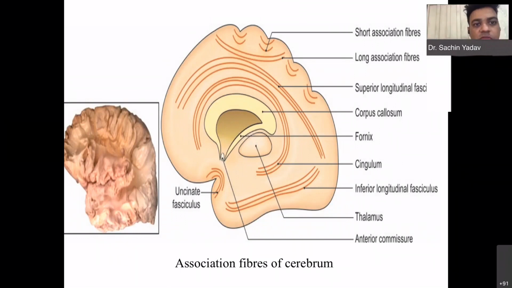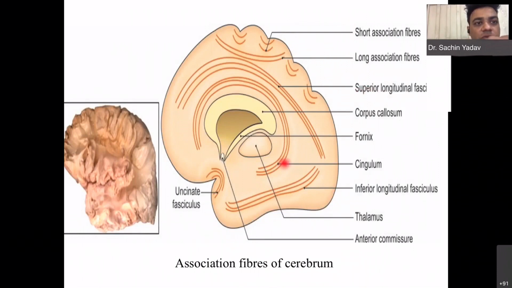So these are the directions of the association fibers. You can see the uncinate fasciculus, you can see it on the cusp, and the inferior longitudinal fasciculus. You can see here, I will point it out. The long association fiber, the superior longitudinal fasciculus, runs from the frontal to the occipital lobe, traveling through the whole parietal area. Then from temporal to occipital, the inferior longitudinal fasciculus.